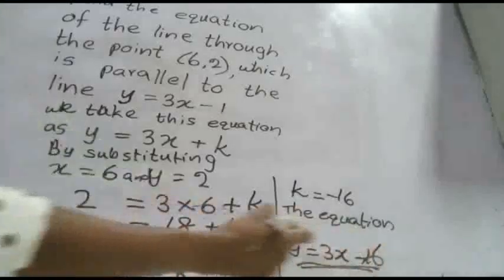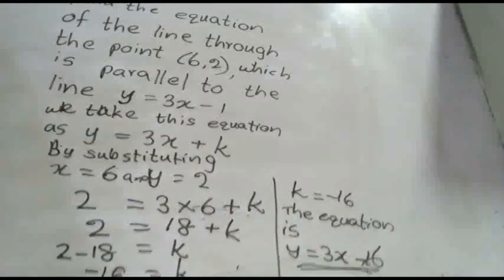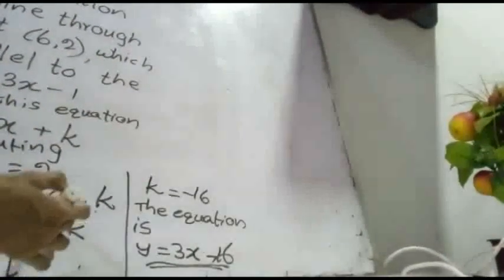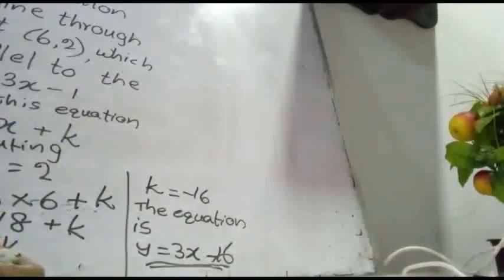If you take the equation as y = 3x subtract k, here k is